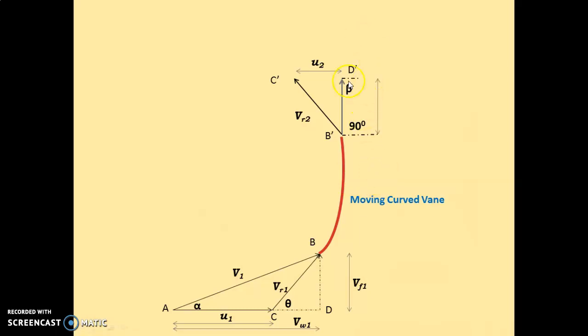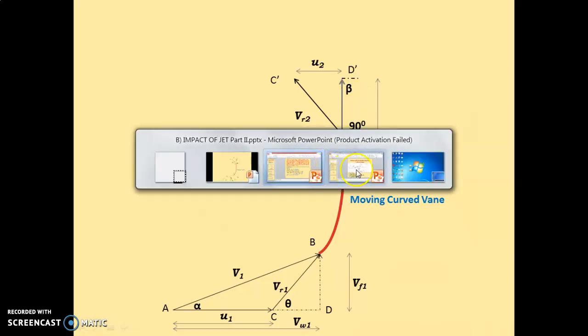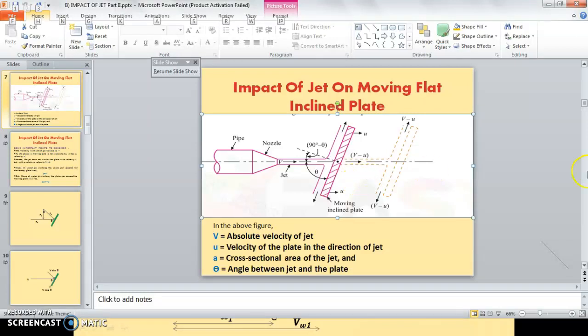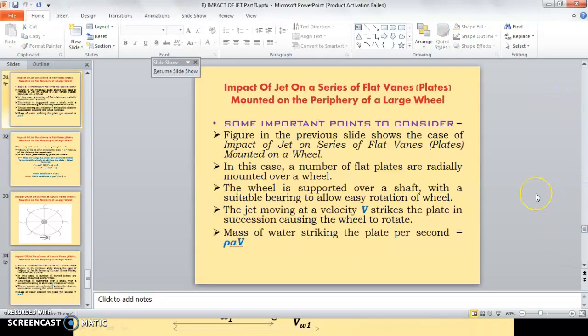Now this angle beta will be 90 degrees. Why? Because this is 90 degrees. So beta will be 180 degrees minus 90 degrees, which is 90 degrees. Now if beta is equal to 90 degrees, so we have seen